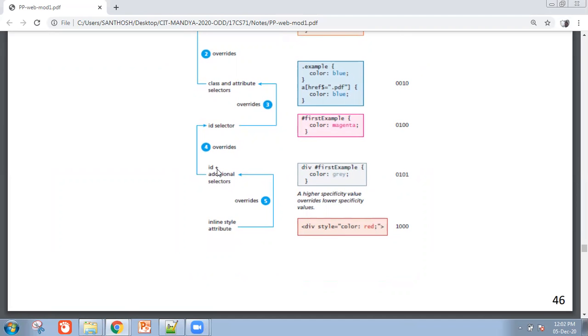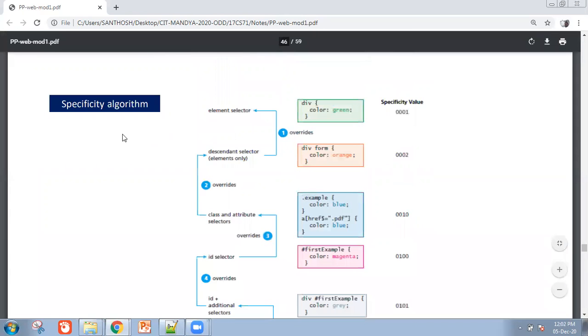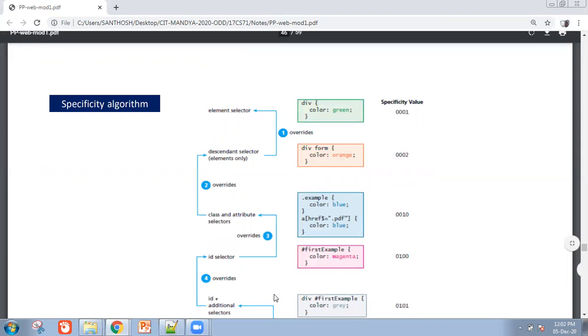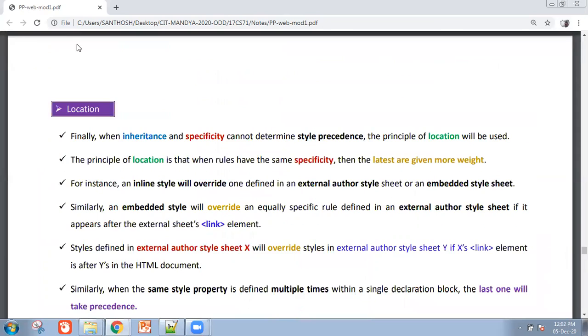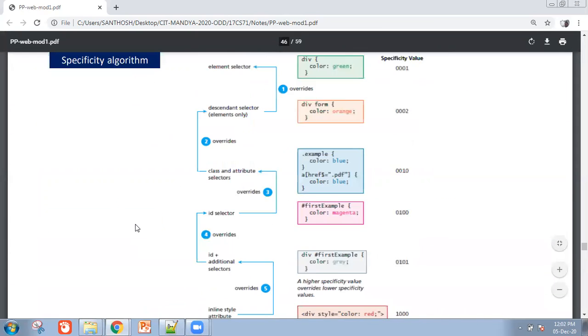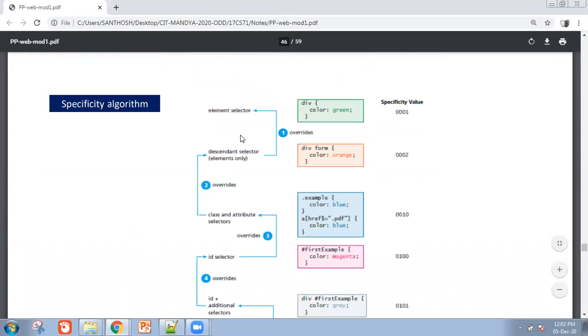Okay, so if all these things are not there in your html code, your browser will display the default values. So this one is your specificity algorithm, for which one it will give priority. Okay, so next one is